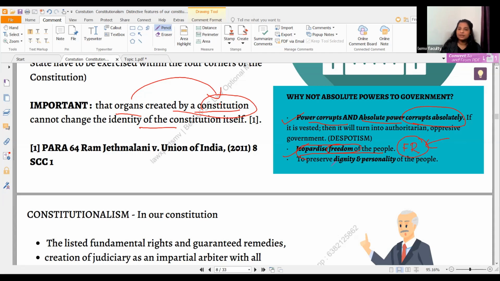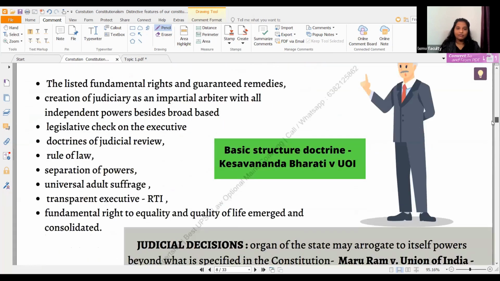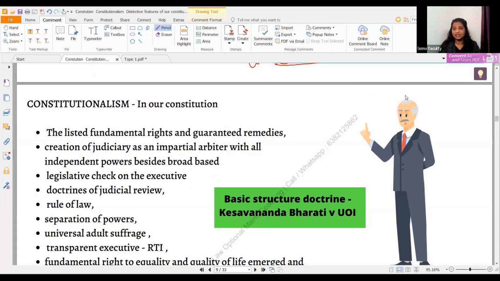Okay. Next, to preserve personal dignity, see, once your freedom is tampered, your personal dignity is also tampered. Okay. To save all this, we have created the concept of constitutionalism. That's why it is the antithesis of arbitrariness, and it is against despotism. Okay. So when any question comes on this point, you have to give all these things. It will be a little bit of philosophical things, but we have to give it, right?